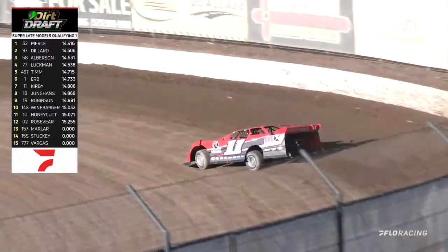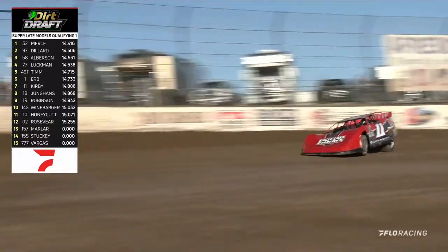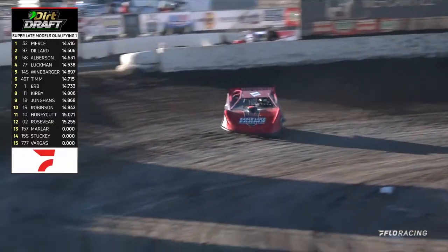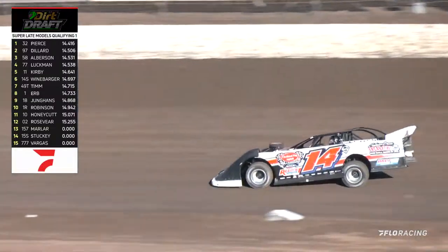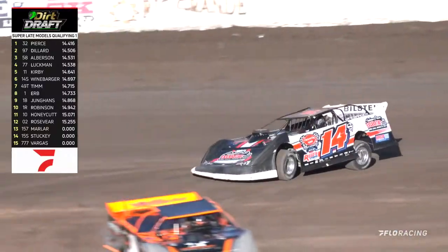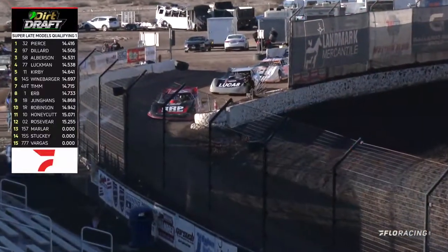B.J. Robinson, as you mentioned, Ben, started on the front row, led the first couple laps here last night. His second lap time's a little better. He'll go up to 9th, 1:4.942. Colin Weinbarger improves on lap 2. He goes up to 5th with a 1:4.697. And now John Kirby goes up to 5th quick with a 1:4.641. After 12 cars, Bobby Pierce still the time to beat in Group A with a